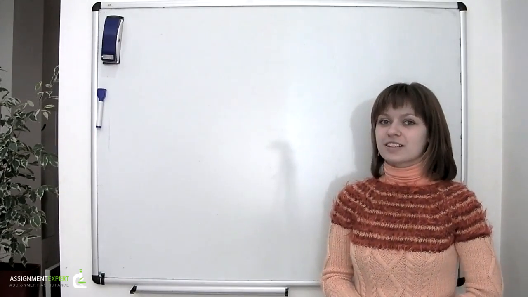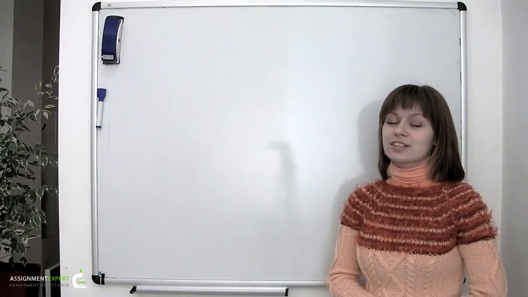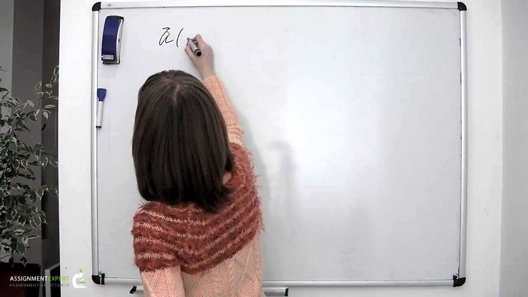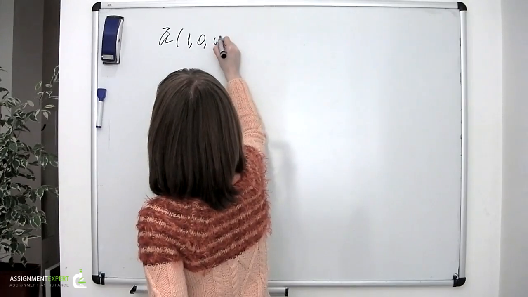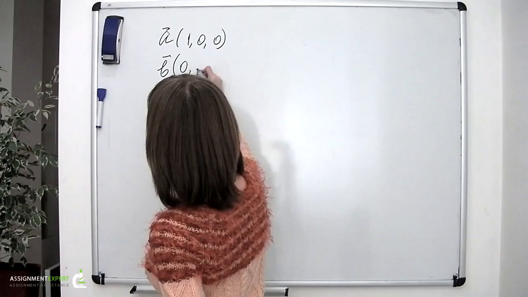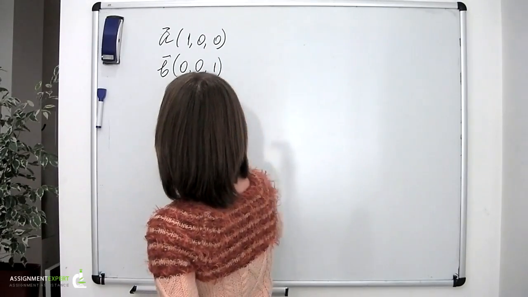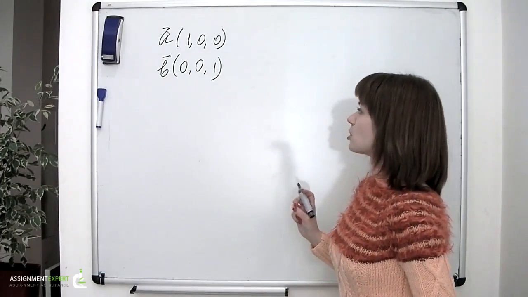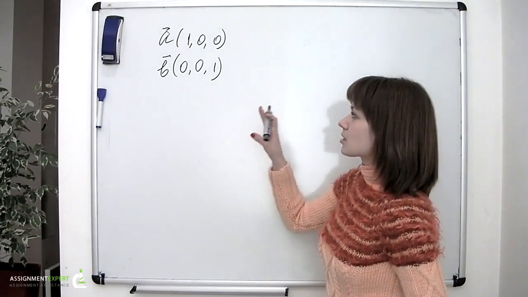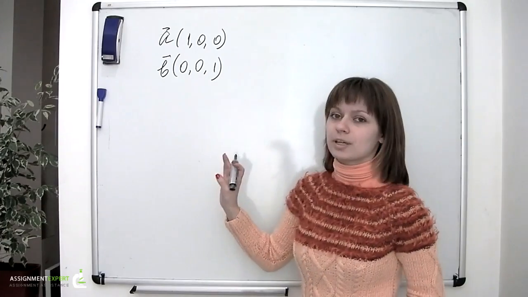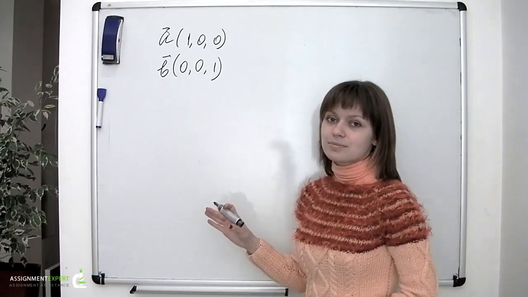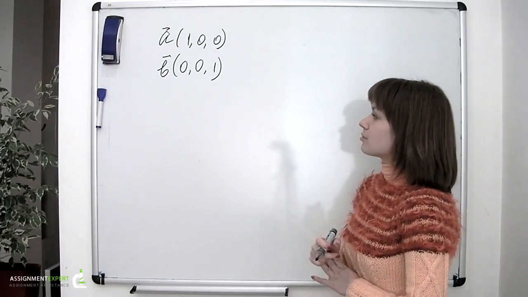Our task is to find the vector product, or the cross product, of two vectors A and B, with the components 1, 0, 0, and 0, 0, 1. Recalling a definition, the cross product of two vectors is a vector as well, and it is orthogonal to the two vectors being multiplied. And in order to calculate its components, or its coordinates, we have to solve a 3 by